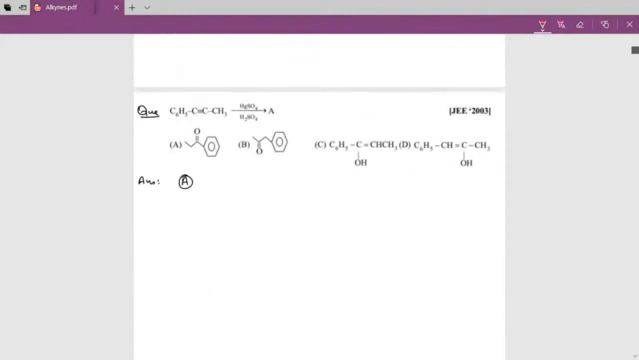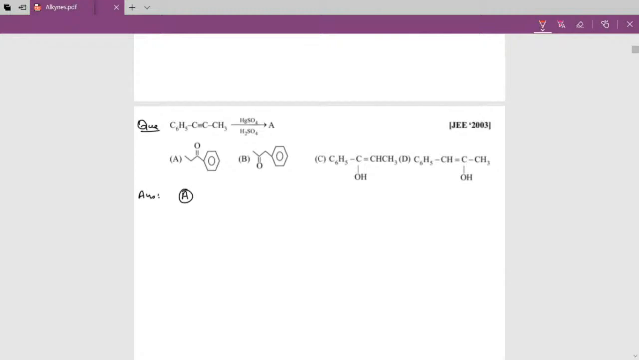To support this, let me show you this question which appeared in 2003 J. See, PhC triple bond C CH3. What we just did in the Kucherov reaction of this compound, you might think that CH3 is a plus I and Ph is a minus I. So from where should it go? But the answer is PhCO